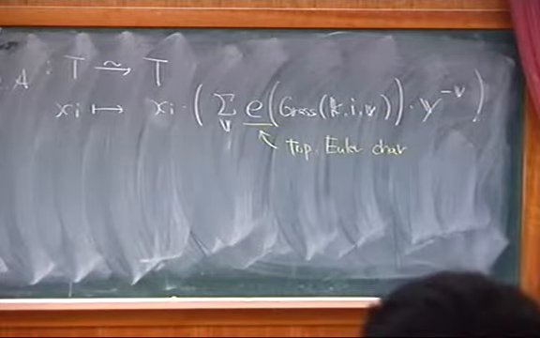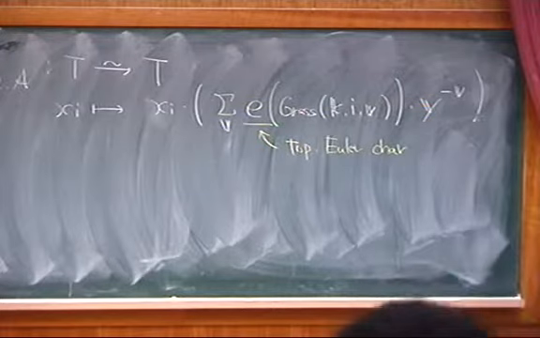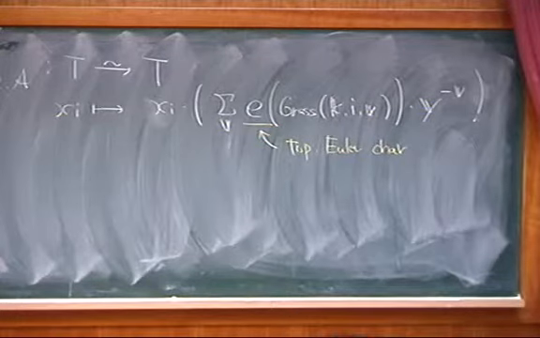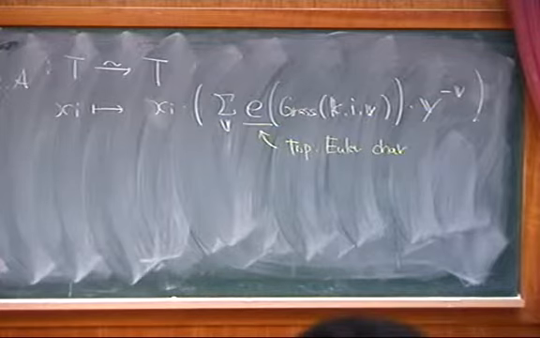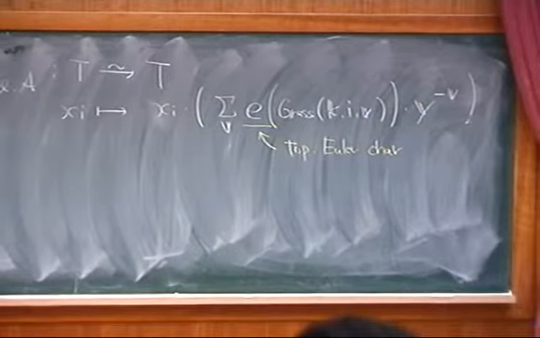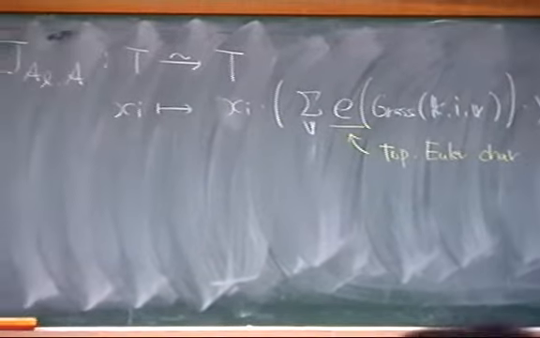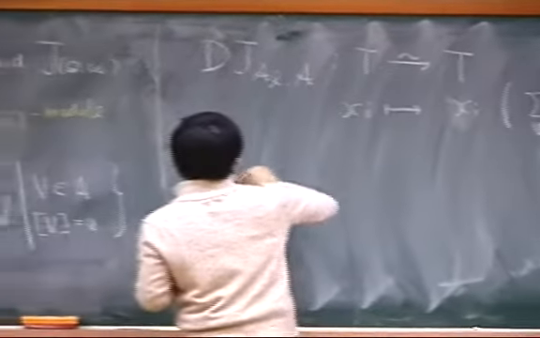The virtual counting coincides with the actual Euler characteristics. But anyway, using the information of the Quiver Grassmannian, we define such a torus isomorphism. And the first theorem is